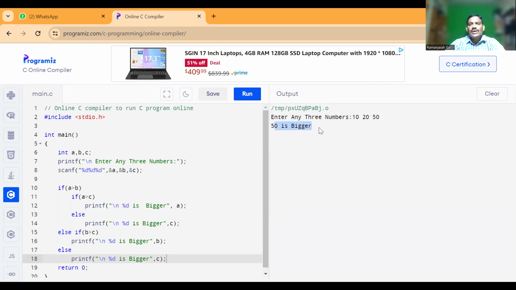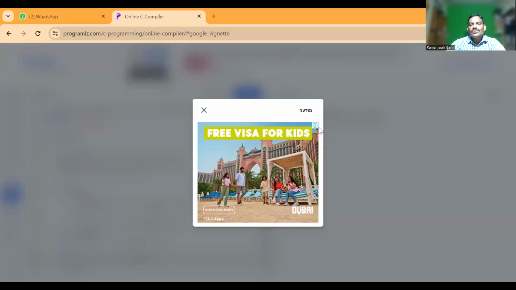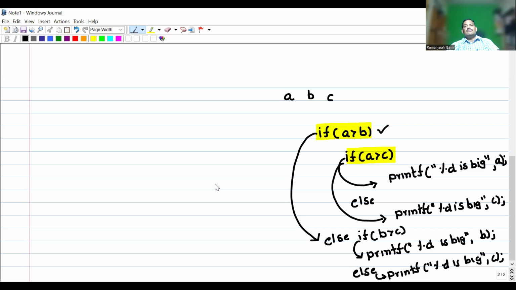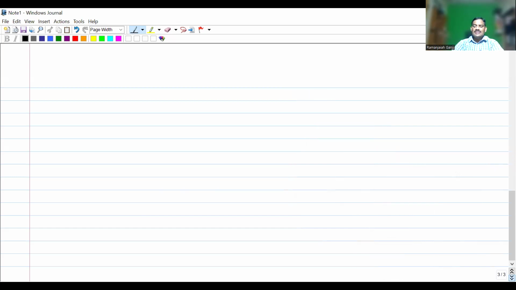Got it? You can use the same thing in terms of the smallest of three numbers too. What is the difference? In the case of the smallest of three numbers, instead of greater than, we use less than. That's it. Okay. Next, a very important operator. I told you about arithmetic operators,